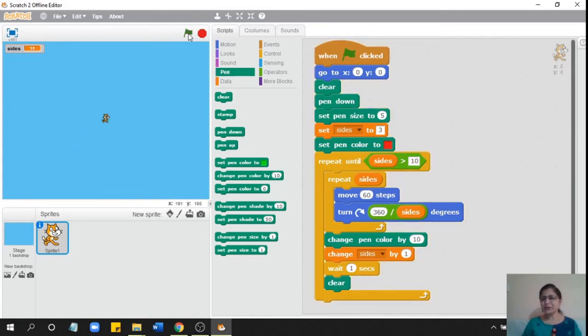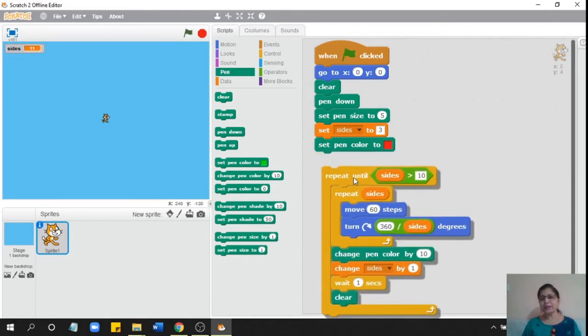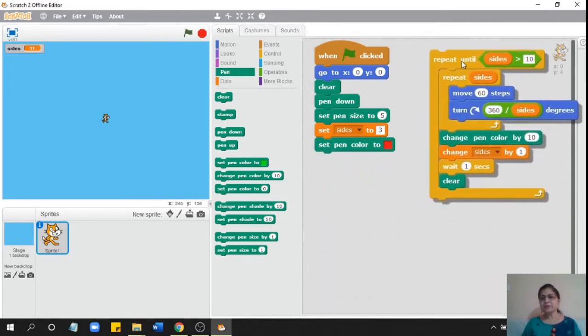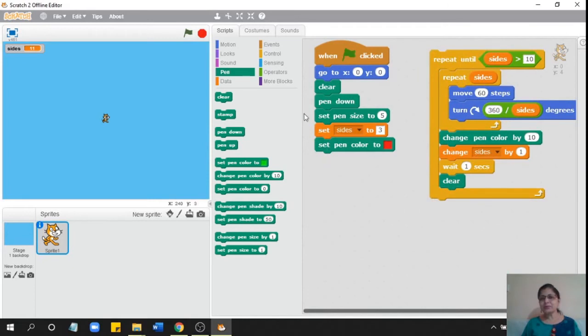isn't it? Okay, now we'll go a little step ahead. Now I'll just revise this whole thing with you before I go ahead. Okay, now first of all, what I must do is, whenever I want to draw anything using Scratch, I must always give these set of commands. What are these sets of commands?